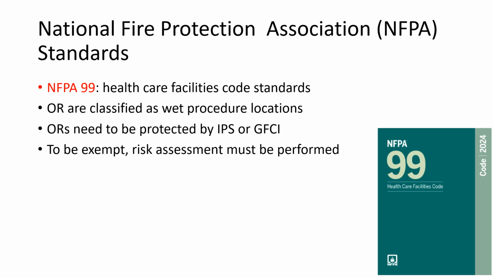Historically, due to flammable anesthetics, all operating rooms were required to have an isolated power system for safety. However, due to newer non-flammable anesthetics, this was then considered non-essential. Anesthesiologists did not think this was the safest system for the operating room. So now operating rooms are classified as wet procedure locations, which means that they have an increased risk for electrical shock. Thus, ORs, according to these standards, need to be protected by an isolated power system or ground fault circuit